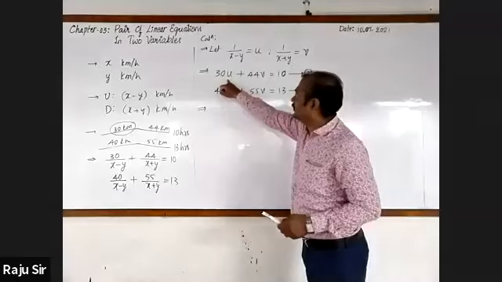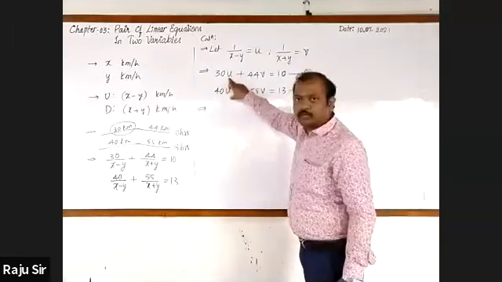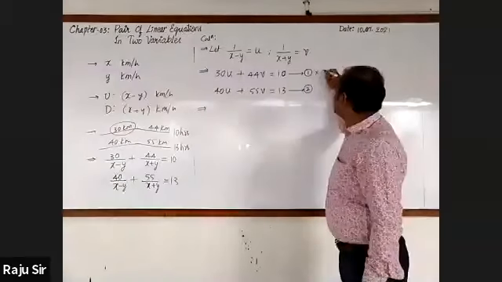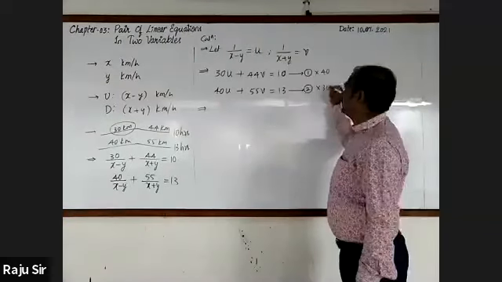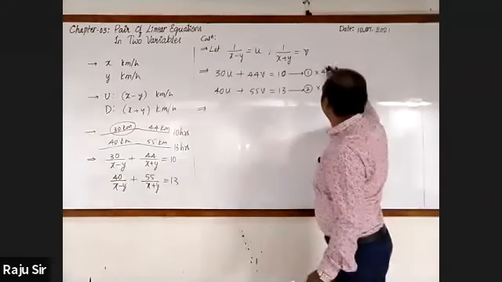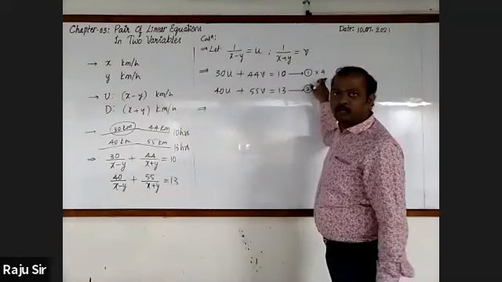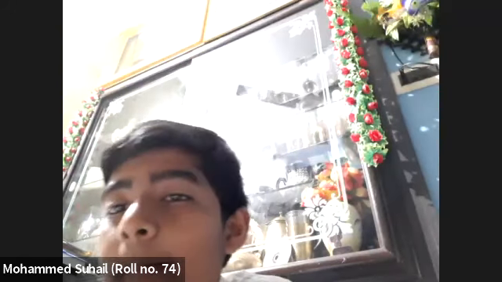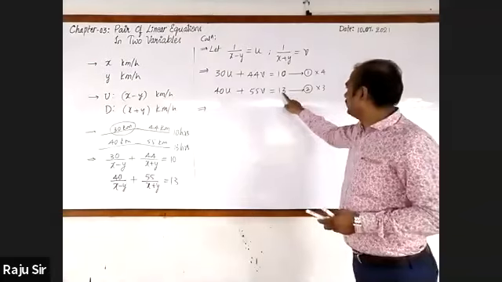Here, let us go for equalizing the u term only. How do you equalize? By multiplying 40 and 30, that is 120. Listen here. If you go for multiplying the first equation by 40 and the second equation by 30, the calculation will unnecessarily be more. So 4 and 3. 3 fours are 120, 4 threes are 120. This will be easier. So let us multiply equation 1 by 4 and equation 2 by 3.